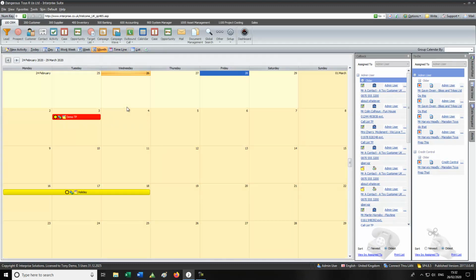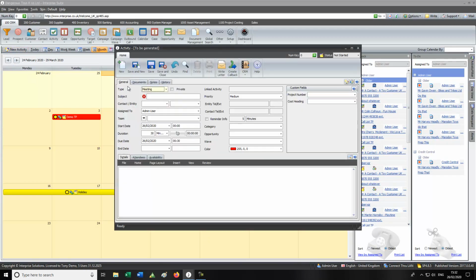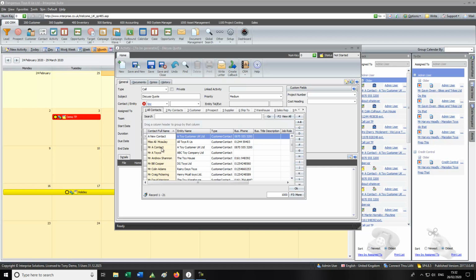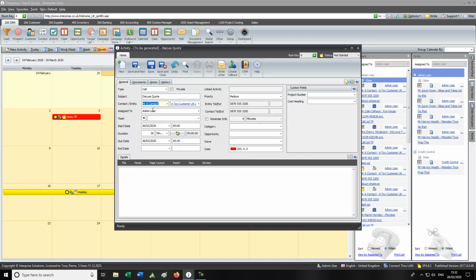Okay, so if I create a new activity, I can click this button here, top left hand corner, and you can see the types. So I've got meeting, case, to do, call, callback. So a call to discuss the quote or whatever, it's a toy customer. I'll say it's to that contact there, puts my username in, puts the start date of today. You can put whatever time in there you want, and I can put some details in here to say, talked about the quote,